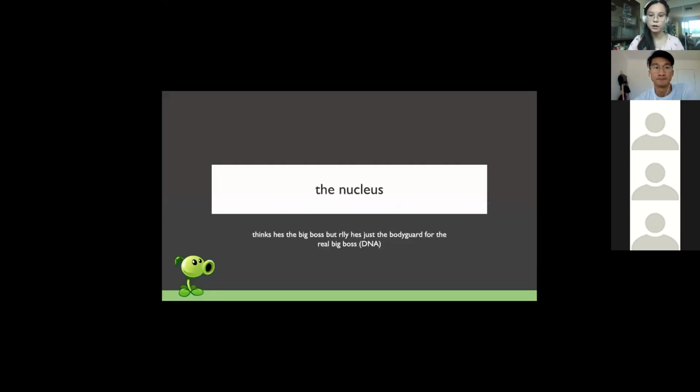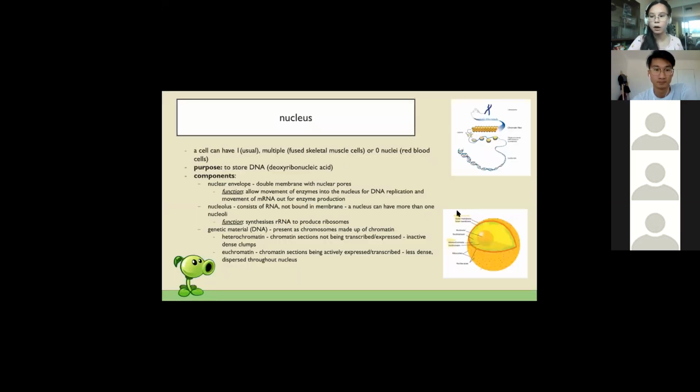So moving on to the nucleus, it's basically made up of 2 layers of membrane with pores in the layers. The pores allow enzymes to come in and out of the nucleus to interact with DNA so that you can either produce proteins or you can replicate DNA for mitosis or meiosis. There is genetic material inside, which is just kind of important. And there are also nucleoli, which are composed of RNA, and they produce ribosomal RNA, which makes up ribosomes for the rest of the cell, and those make proteins, which are also important.